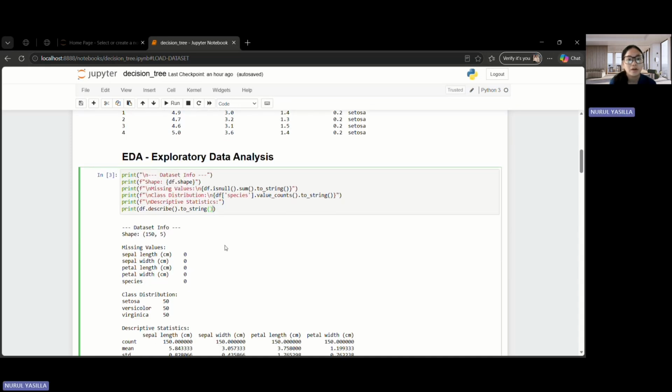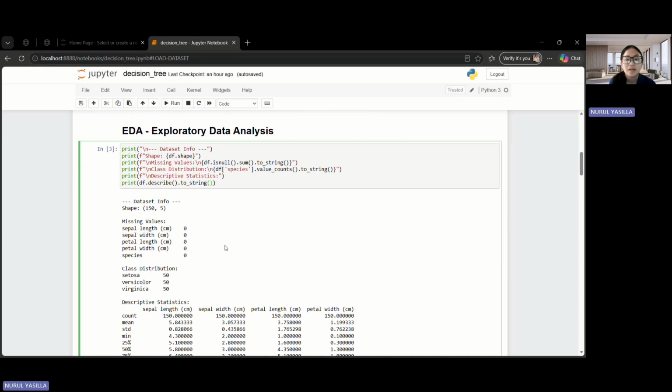Next, exploratory data analysis. In this stage, an initial exploration of the data is conducted before entering the model phase.